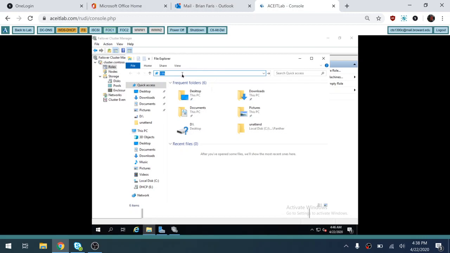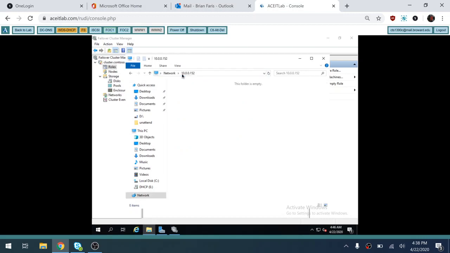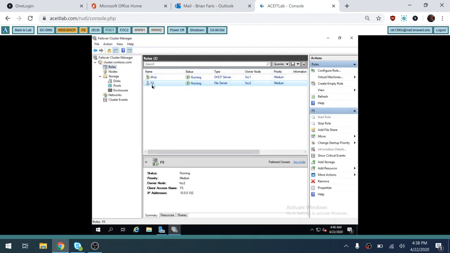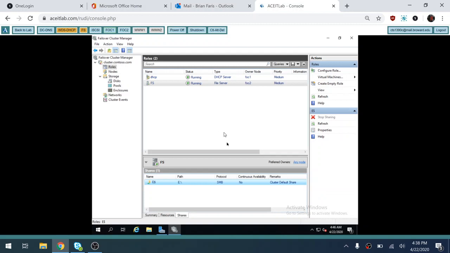I'm not sure the name will work just yet because not everything's replicated. So here's my network share. I don't have any permissions set or anything like that, but it's ready to use. If I highlight it, I can go down here to the bottom and I can see my network share. If I go to properties,